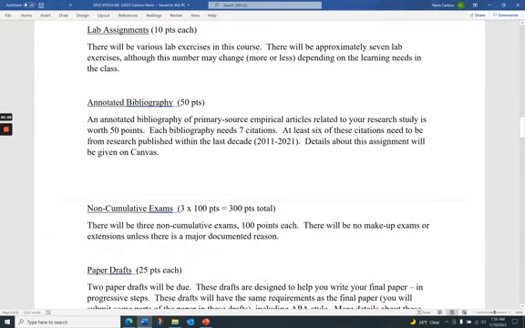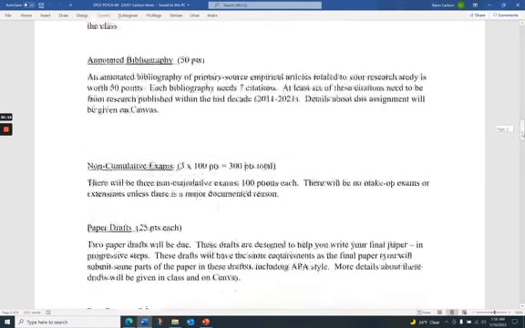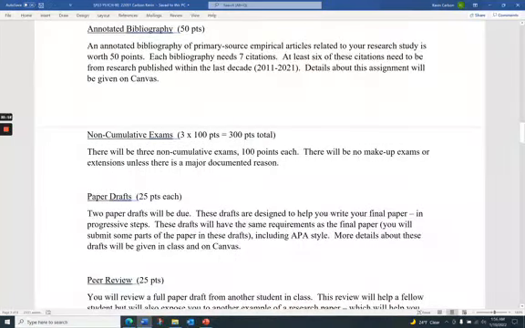So this is a lab class, so we have some lab assignments that we'll be doing throughout the semester, and we'll talk more about that later as we get to each lab assignment. We're going to have an annotated bibliography. I'm quickly going to say what this class normally is pre-COVID, and I'm going to talk about what this class is during COVID for us.